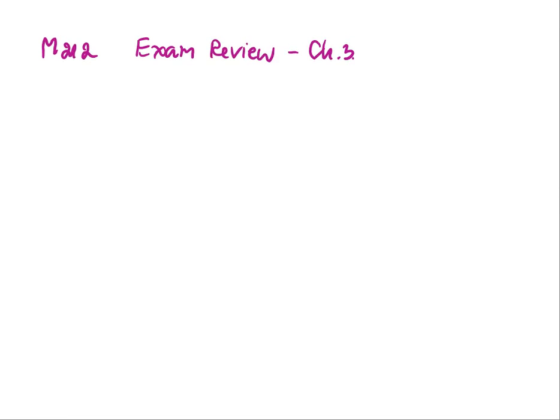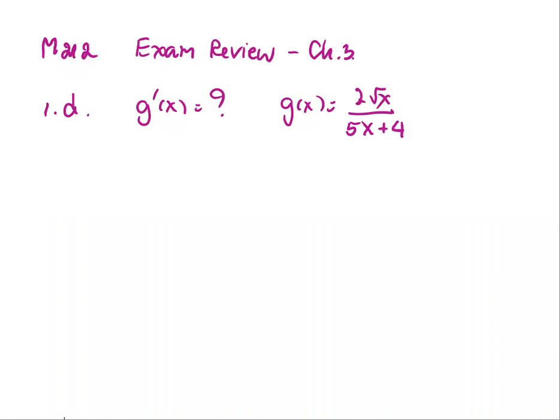For the exam review of Chapter 3, Problem 1D, find the derivative of the function g, where g(x) is 2 square root x divided by 5x plus 4. So we're going to use the quotient rule because we see the quotient form here. And the quotient rule, g prime of x, using the form of the high function divided by the low